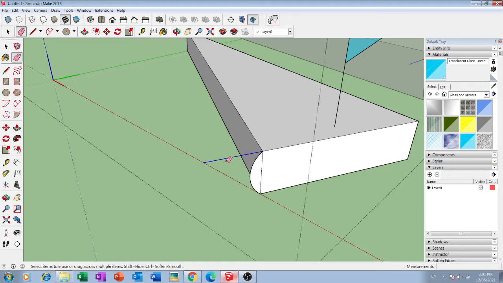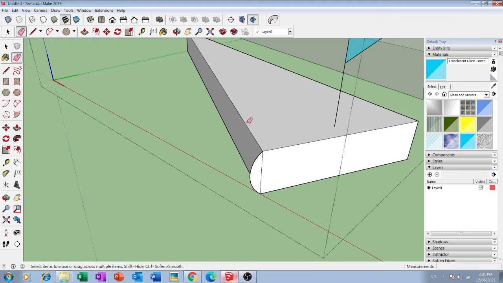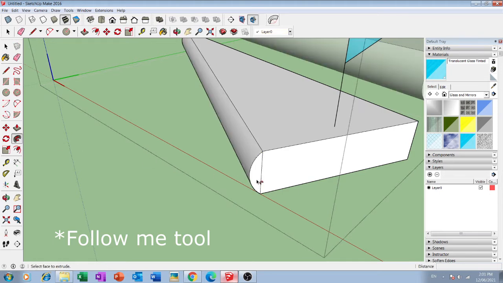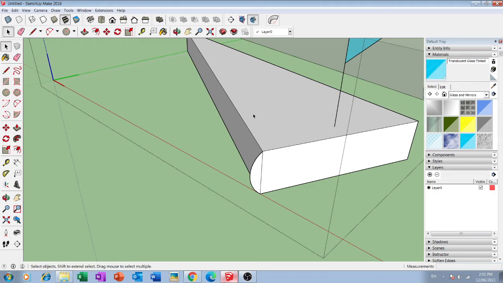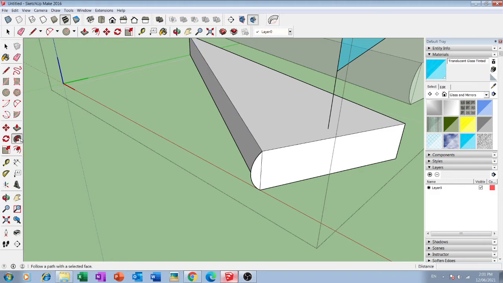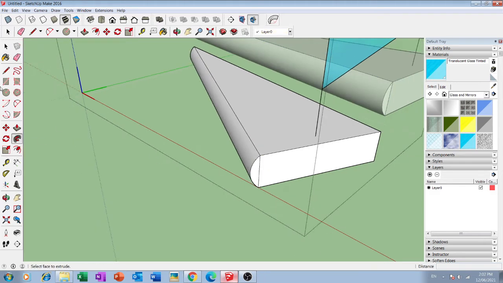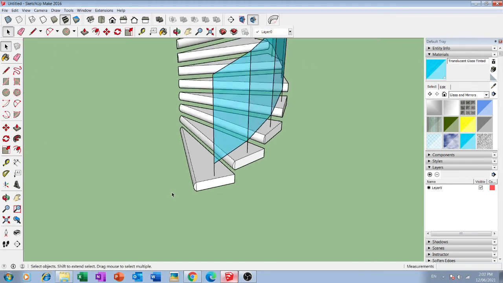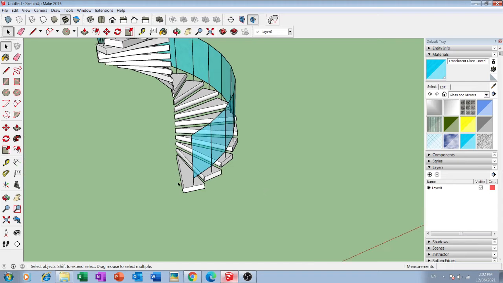Then erase this line, select the selection tool, select this line, select the push pull tool and click on this arc we have prepared. I will show it again. Select this particular guiding line, select the follow me tool and click on this arc. Once we have completed this, our step is ready.